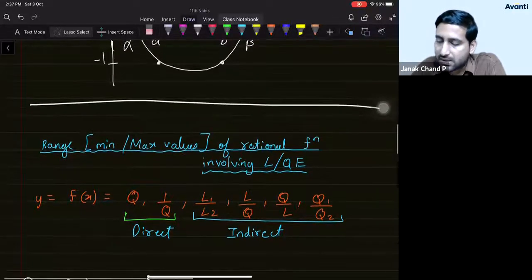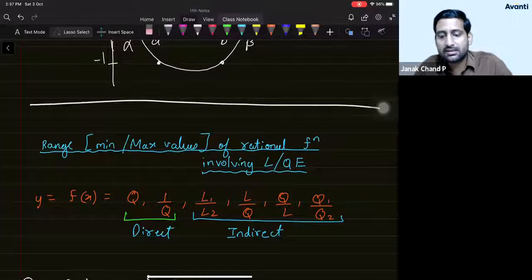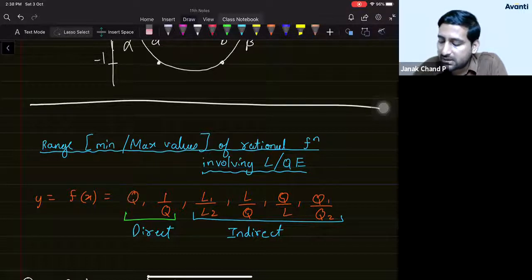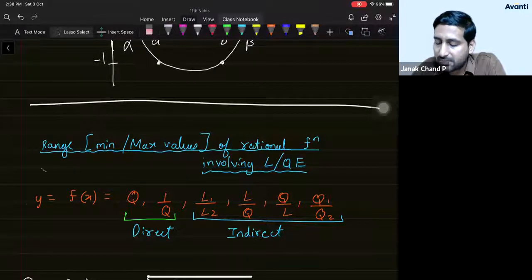Fine. So now, students, when you're solving, you may get some questions in your JEE examination where we might be interested in finding, if a quadratic expression is given, what is the maximum or minimum value of this? That maximum to minimum value itself is, student, the range of this function. If I ask you what is the range of f of x equal to some quadratic expression, what will you say? You will say collection of all the values of y. Now, there will be some minimum value as starting point and there will be some maximum limit. So, basically y will be taking the values between that minimum and maximum.